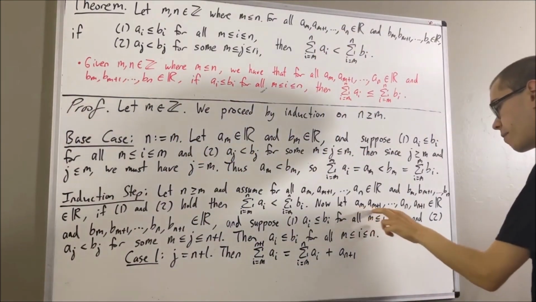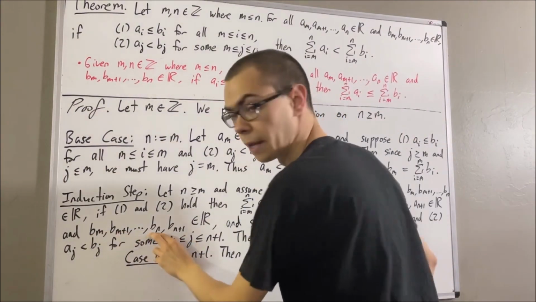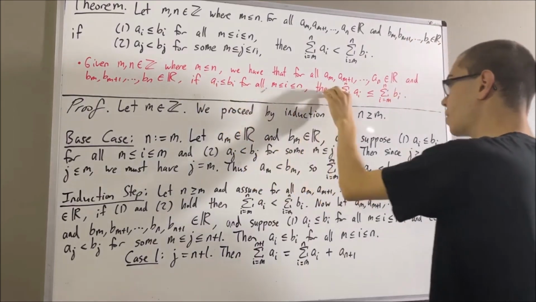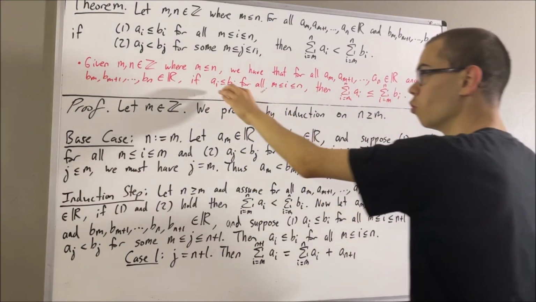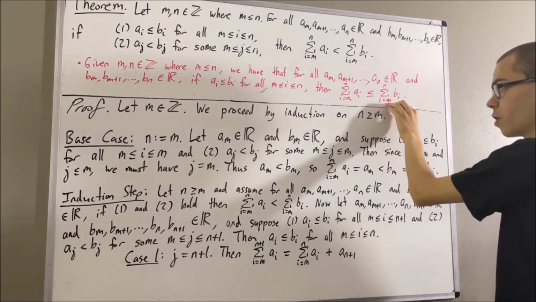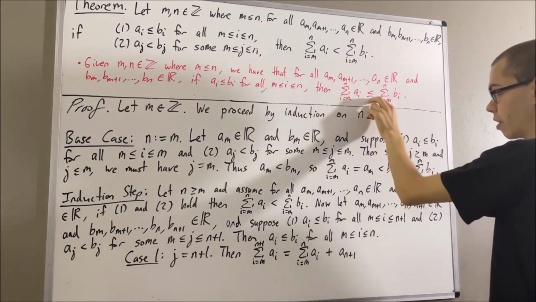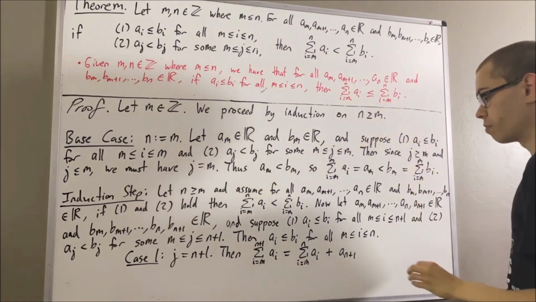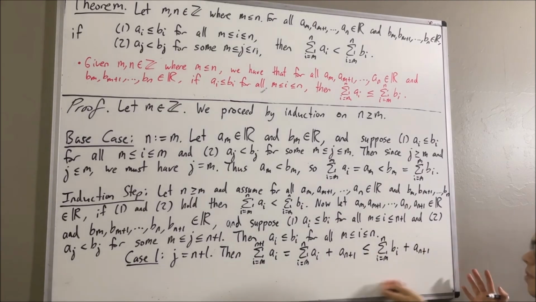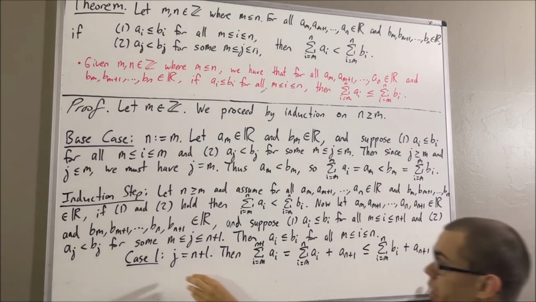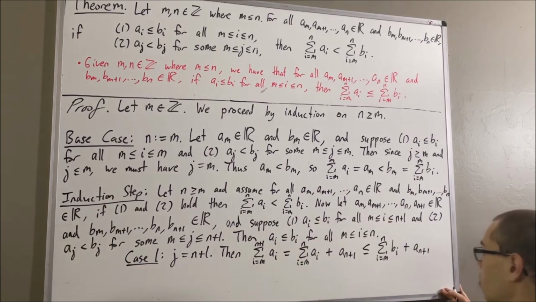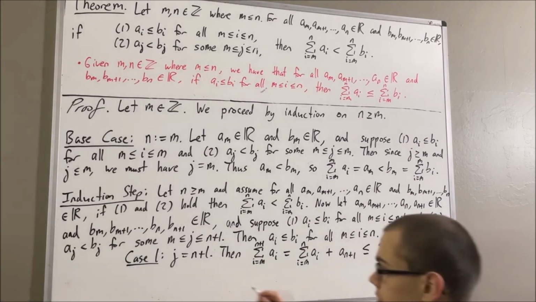If we consider the lists am through an and bm through bn, well, we know that if this is true, then this is true. But we know that this is true, that's what we have right here. Therefore, this must be true. So the sum from i equals m to n of ai is less than or equal to the sum from i equals m to n of bi. Which means this must be less than or equal to this. But now, since j is equal to n plus 1, this means that an plus 1 is less than bn plus 1. Which means that this must be less than